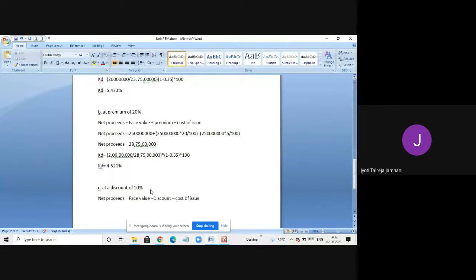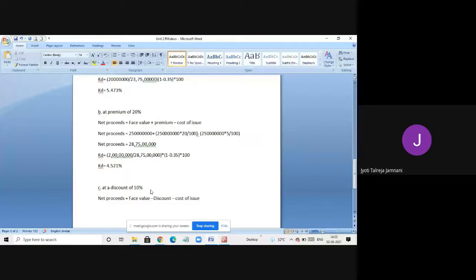So suppose the face value written on the bond is 1,000 rupees and they are going to issue at a discount of 10%. So they will issue it for 1,000 minus 10% of 1,000, that is 100. They'll issue it for 900 per bond. On the bond, 1,000 only will be returned, but you can buy it for 900. So you're getting a bond of 1,000 rupees by paying only 900 rupees. So that is issued at discount. So it is a loss for the company. The company is losing on that 100 rupees. So we are minusing the discount, and the company is also losing on paying the brokerage fees, cost of issue. So we are minusing that.